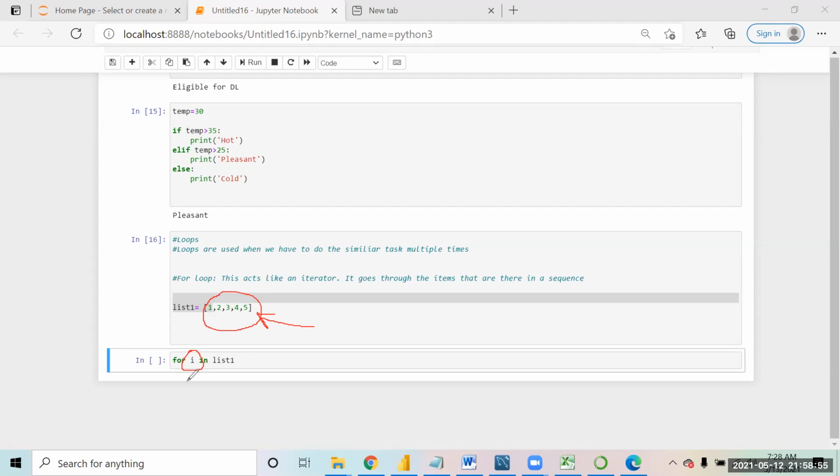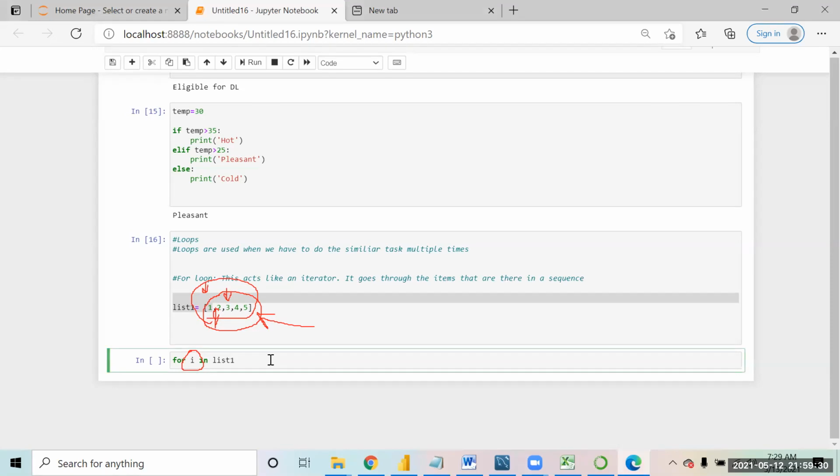When the loop runs the first time, it will pick the first item. When the loop runs the second time, it will pick the second item. When the loop runs the third time, it will pick the number 3. Basically, this for loop is going to run as many times as the number of items you have kept in the list. When it runs for the first time, it picks the first value, and the second time, the second value. You will take a look at it and understand it right away.